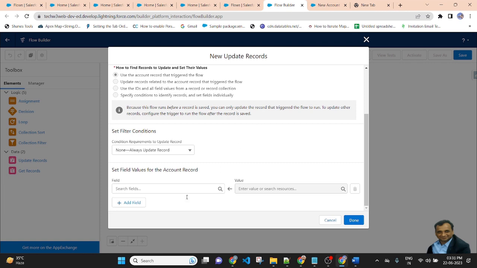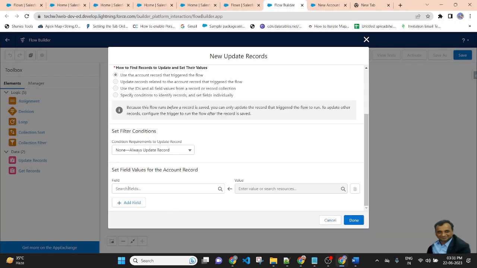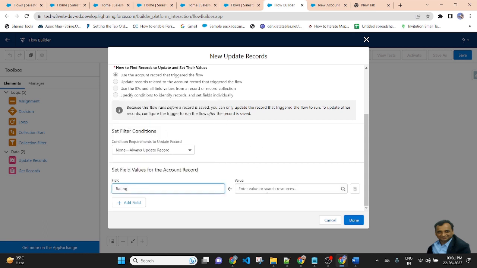I am updating the rating. This is the name of the field, and this is the value I am passing. So rating will be hot. Then done.